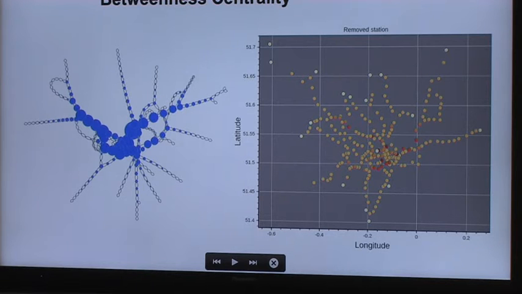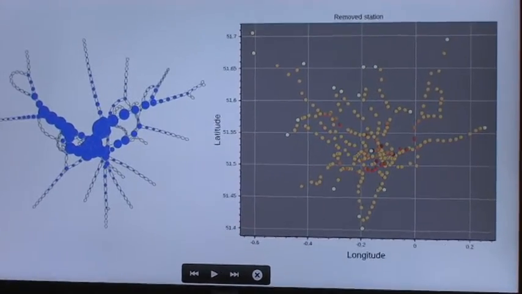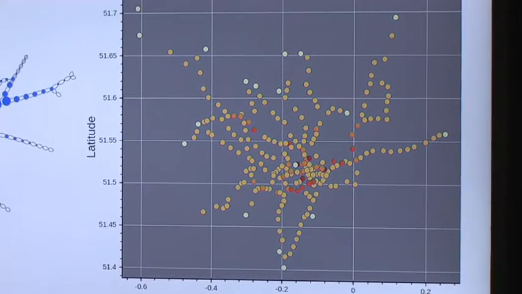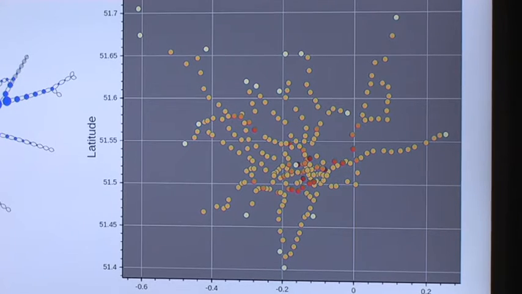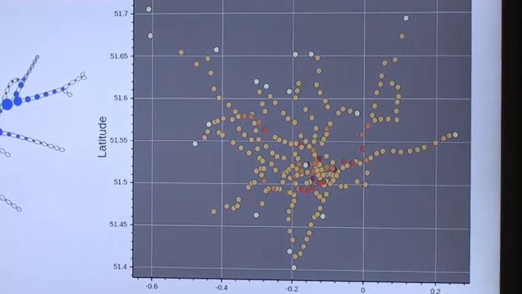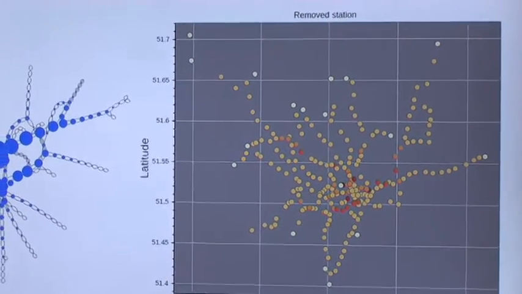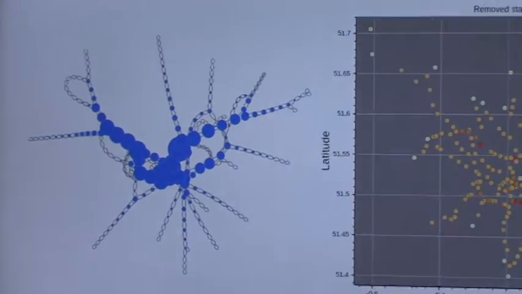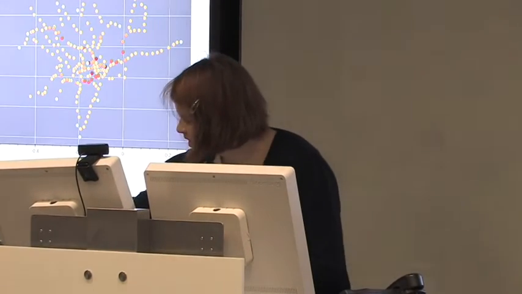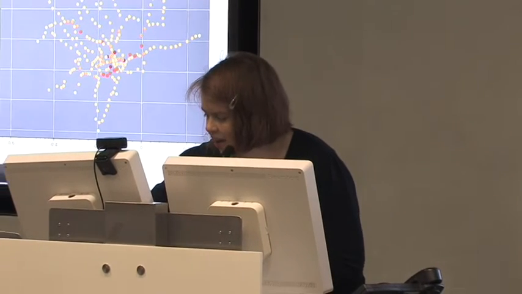This map is a bokeh map of the London Underground, where the shade of red of each vertex is directly proportional to its betweenness centrality. So the more red something is, the higher its value is. As you might suspect, most of the high betweenness centrality vertices are in Zone 1, except for this little outlier right here. Can anyone guess what that station might be? It's in Zone 1 and it's on the Bakerloo line. Oh, that's quite close. It's actually Marylebone. So Marylebone is the lonely outlier.